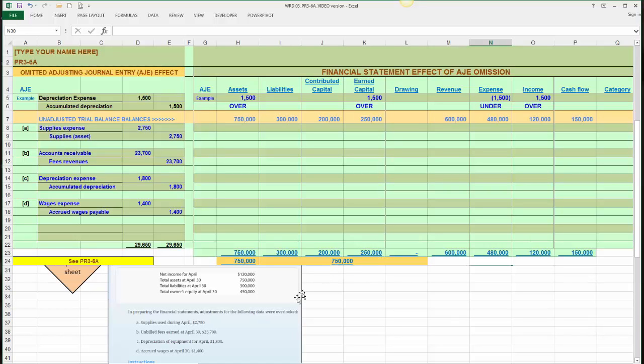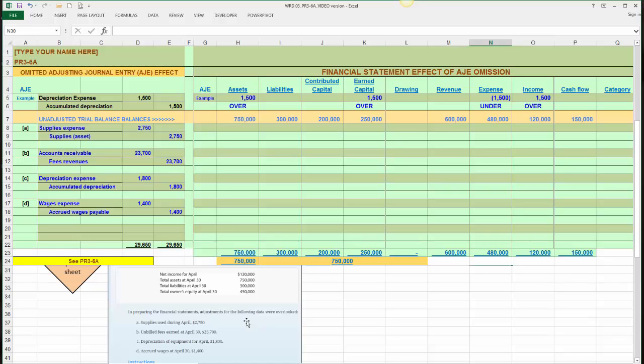We also have 4 journal entries, and in this case we are assuming that these journal entries have been omitted. For each of them, we want to show the effects on the financial statements if we inappropriately omitted those journal